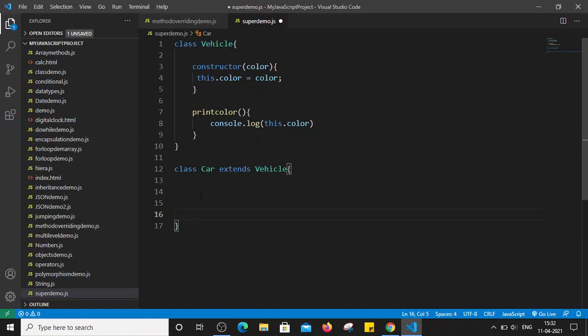Now this Car class is also having one constructor. Whenever the object of the Car class is created, the constructor will be automatically invoked, and we are passing two parameters in the constructor of the Car class. What are those parameters? First one is color, and next is brand. So the brand of a car.